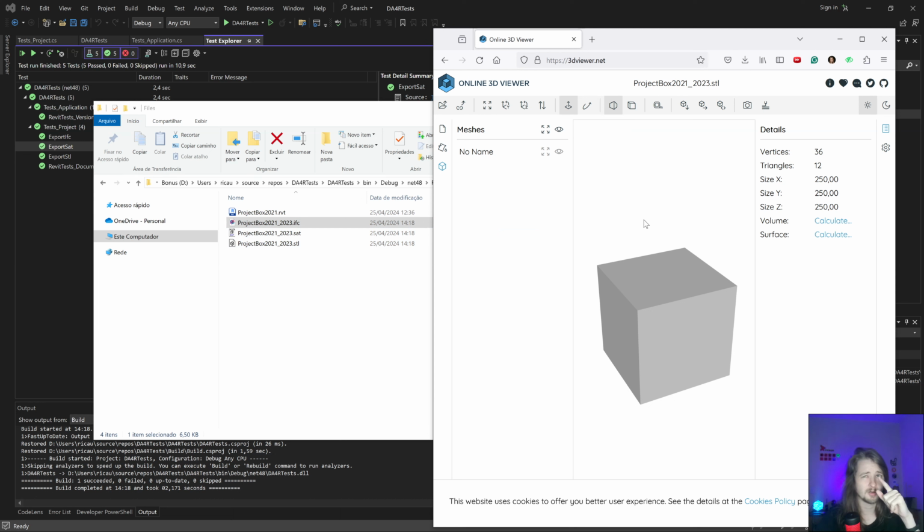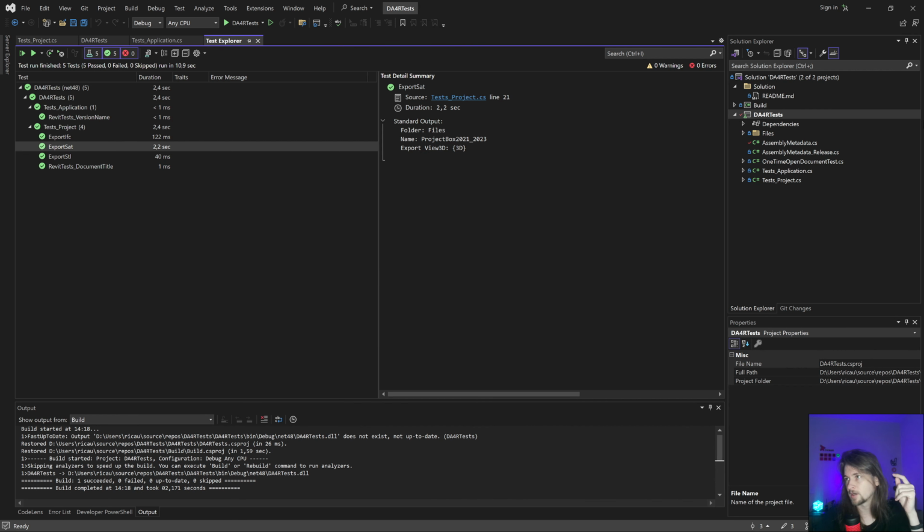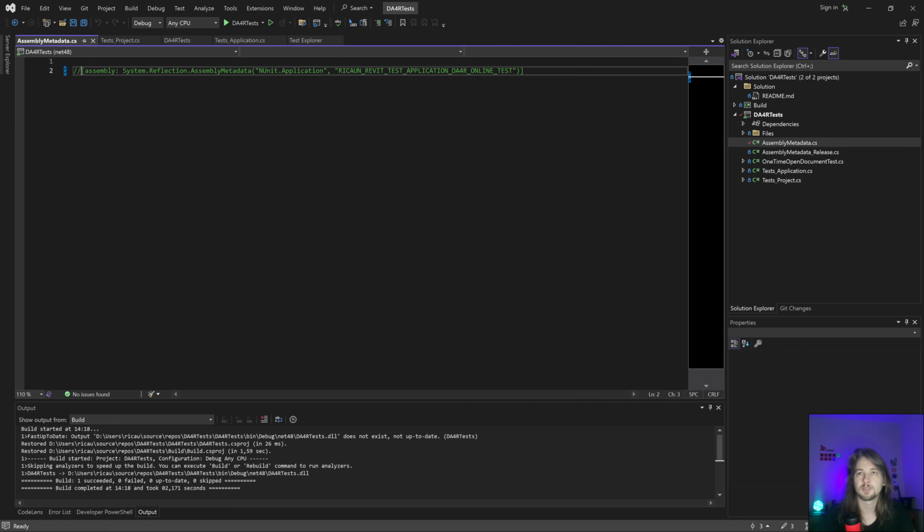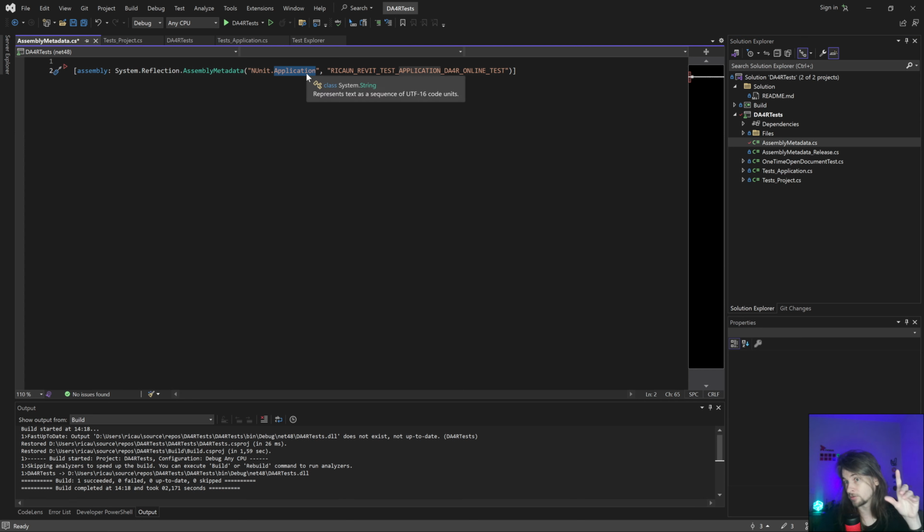Now let's make it run in design automation, instead of using my Revit for desktop. If I go in here, I can change the application that the test adapter is going to use. Instead of using the default that searches for the Revit in my machine, I'm going to use this. This is basically a machine variable. I forgot the name. Environment variable. Yeah, that's the name.